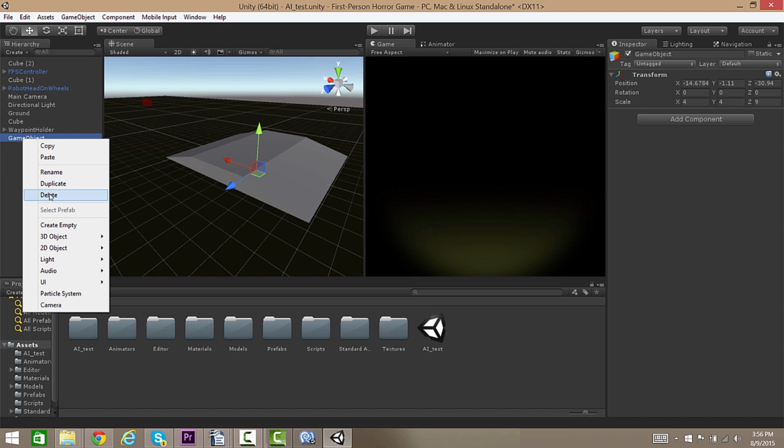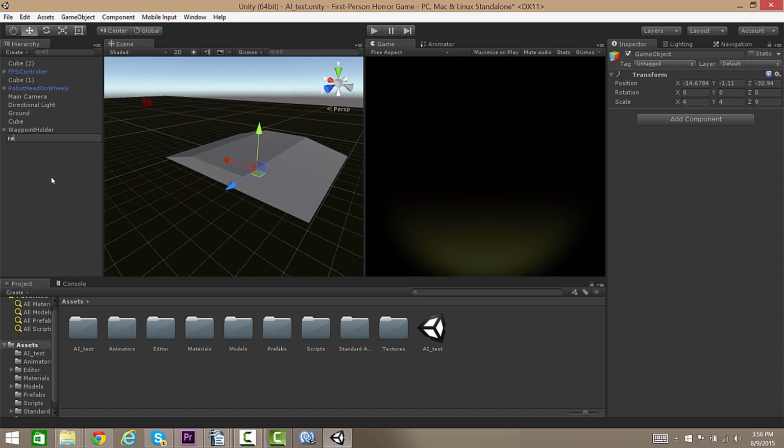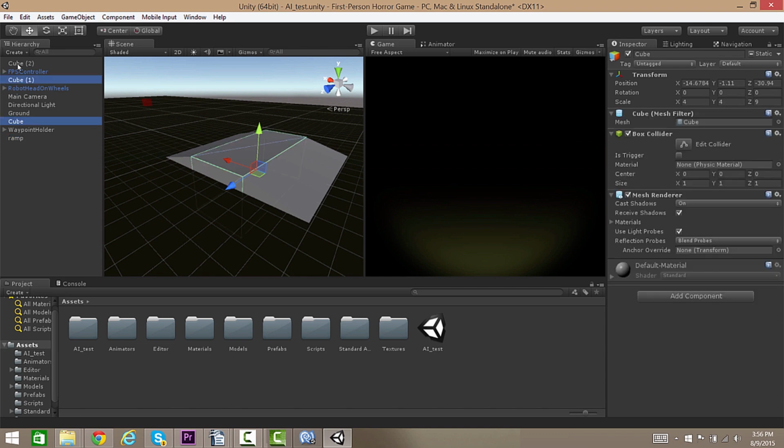Now I'm going to right click and rename this one to be ramp, and I'm going to select our 3 cubes and drag and drop them onto the ramp. So cool, we have that as well now. And I think the rest of this is okay, except for right now, if I play,